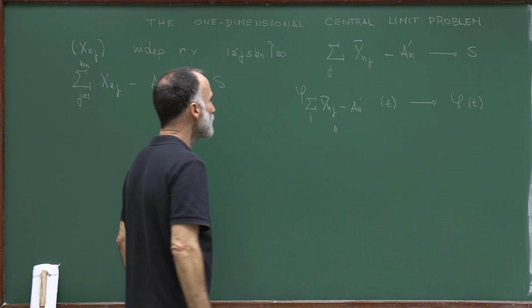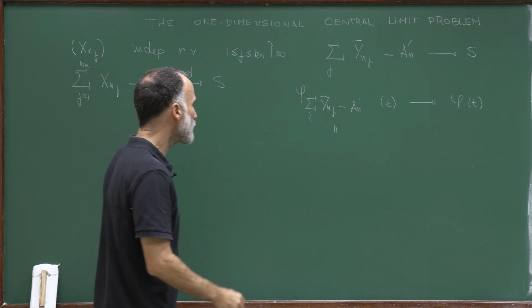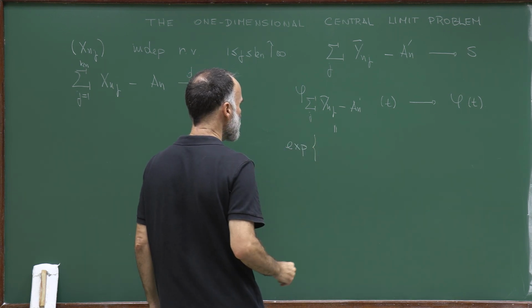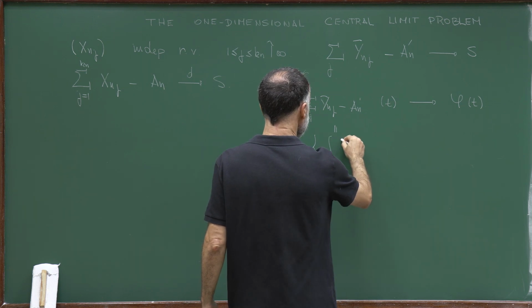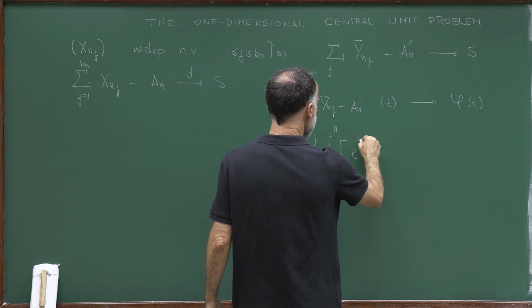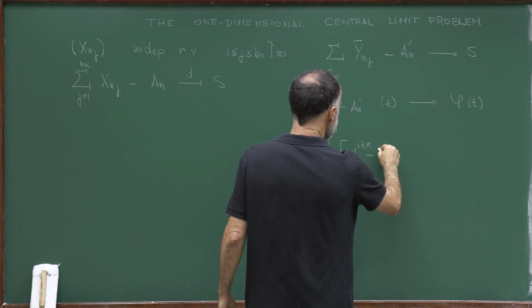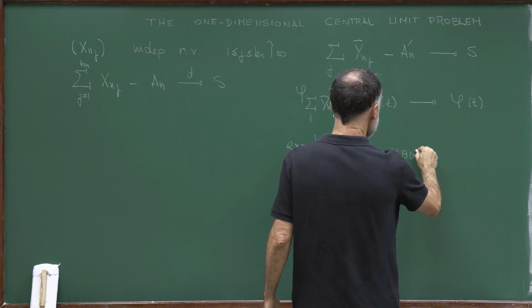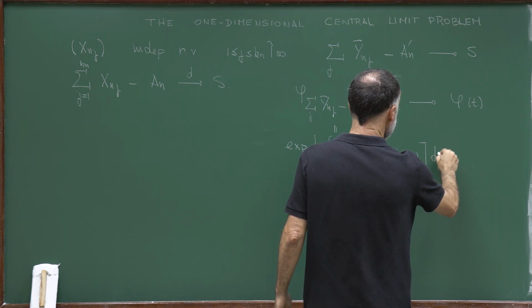Well, but this characteristic function, we know its value. It's given by the exponential of the integral of e^(itx) minus 1 minus it theta(x) dM_n